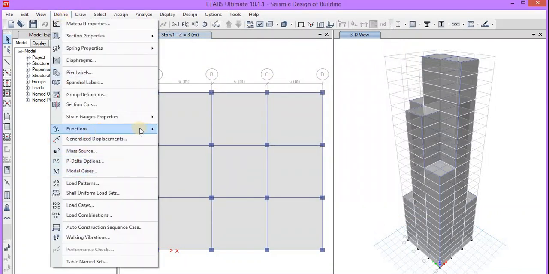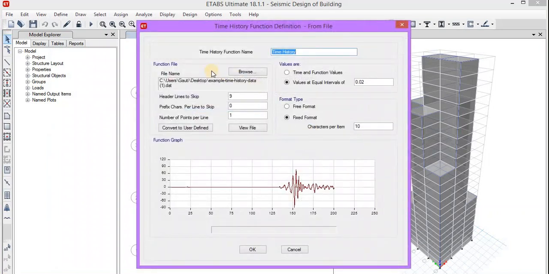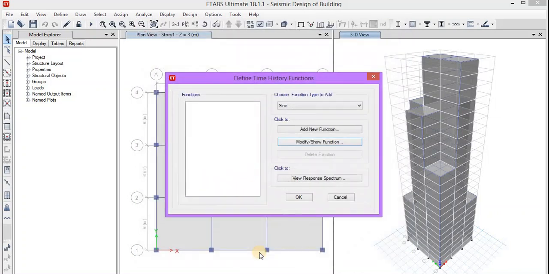We had defined the function of time history as, you can see here, you can see the property by clicking on modify function. This data corresponds to the Bhuj earthquake, and everything has come from the same data. So okay,